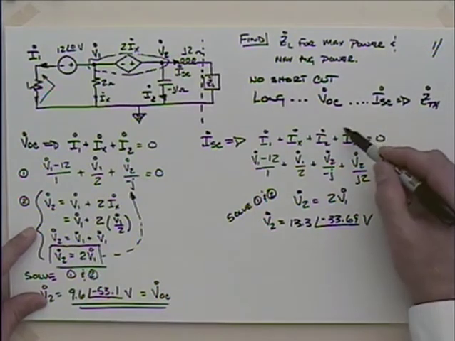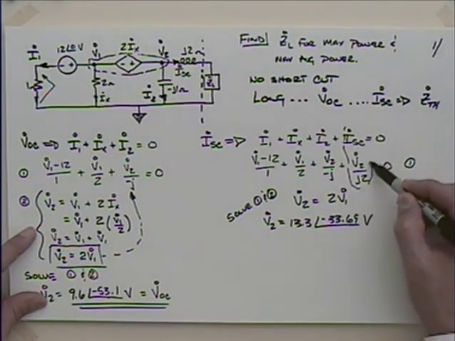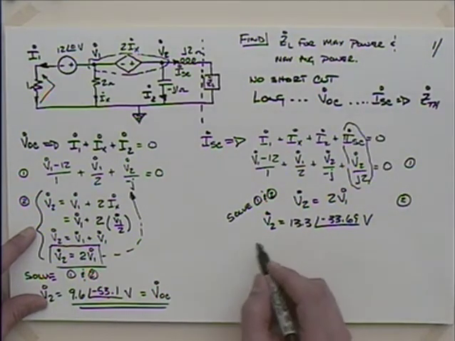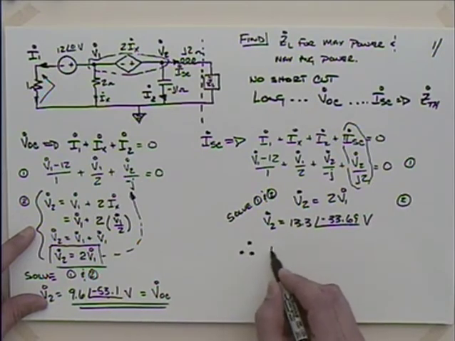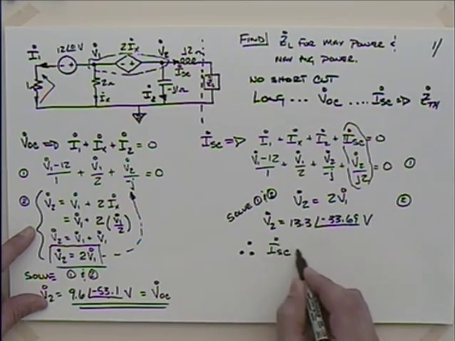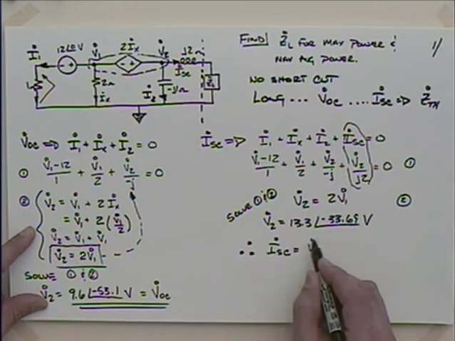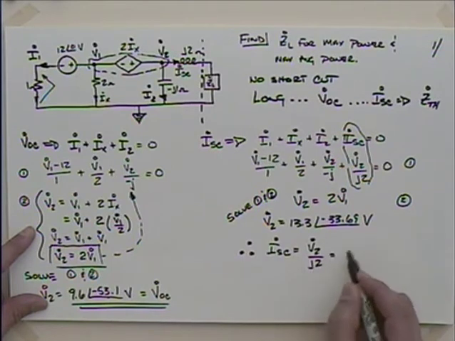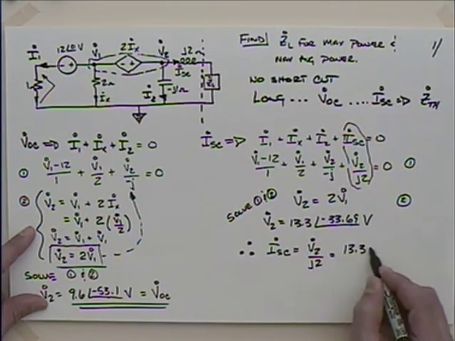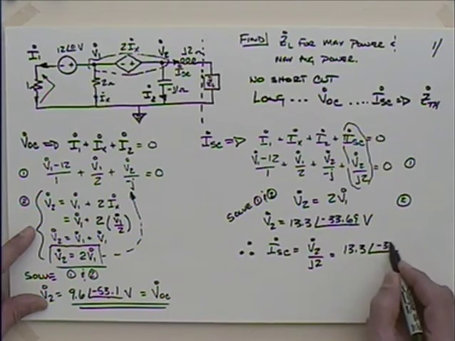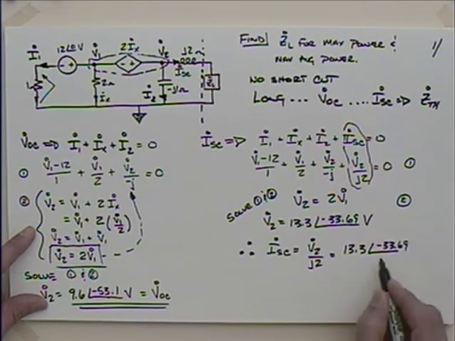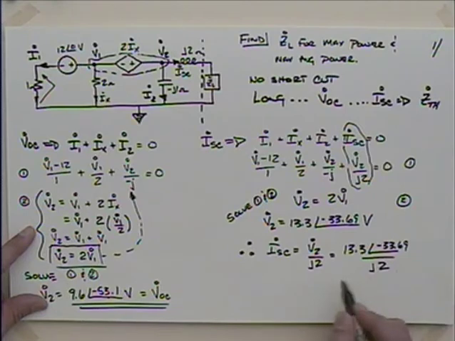Well, remember up here that I short circuit is that thing, isn't it? So I can say, therefore, I short circuit is equal to V2 divided by J2, which gives me 13.3 at minus 33.69 divided by J2, which we come up with